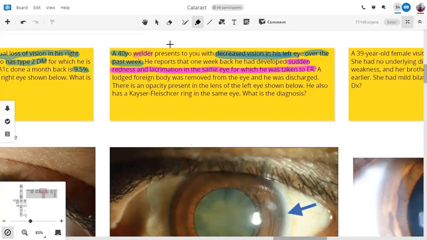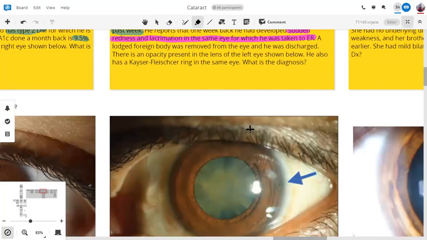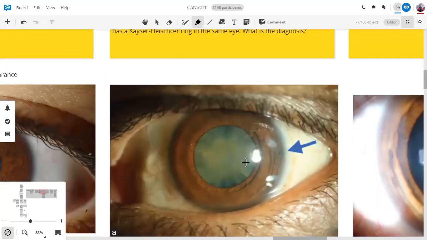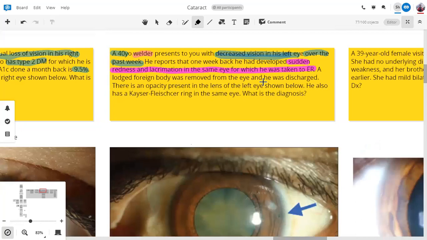So if the same findings were present in a patient who had cirrhosis or hepatic dysfunction, and he also had movement disorders or basal ganglia problems, then yes, our diagnosis would have been Wilson's disease, because Wilson's disease also presents with Kaiser-Fleischer rings, and it can also present with a sunflower cataract. However, this history, the trigger, the sudden redness, the sudden development of a cataract, all this is more consistent with a retained copper foreign body,